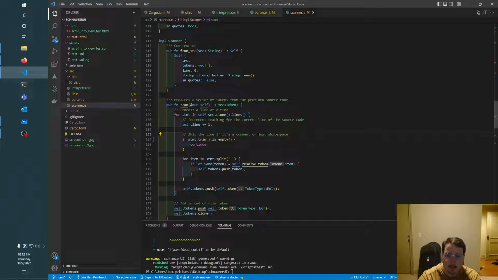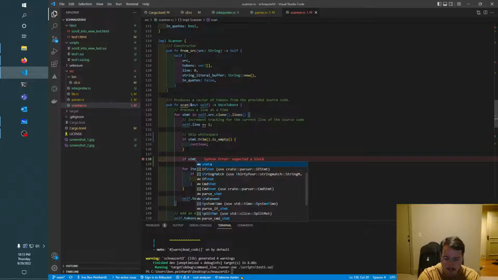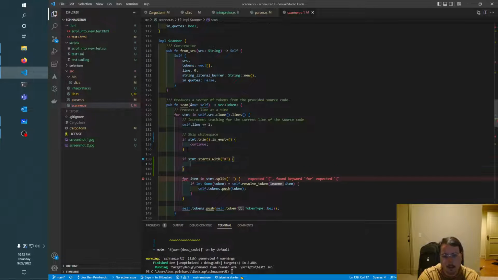Skip white space, and then if statement dot starts with, if it starts with this comment token, then